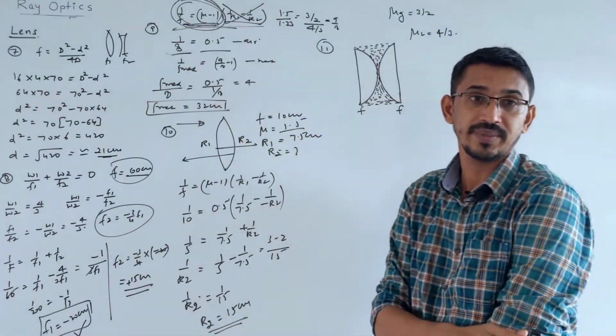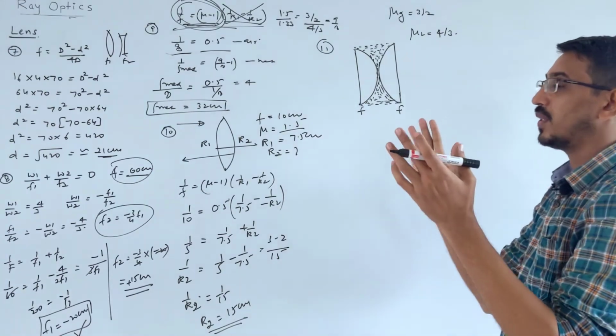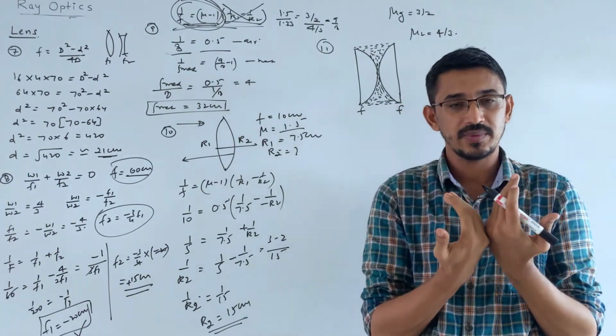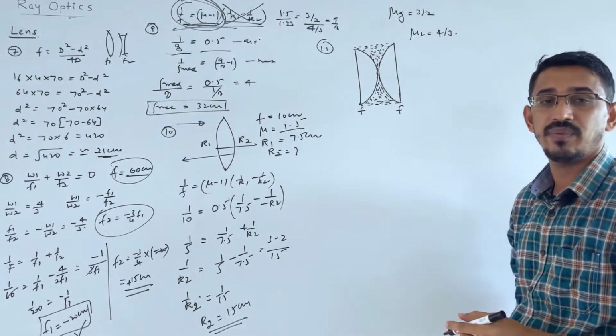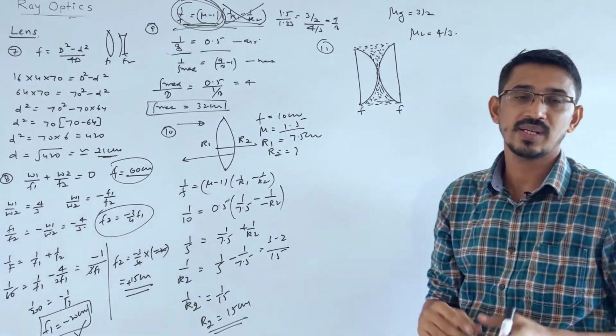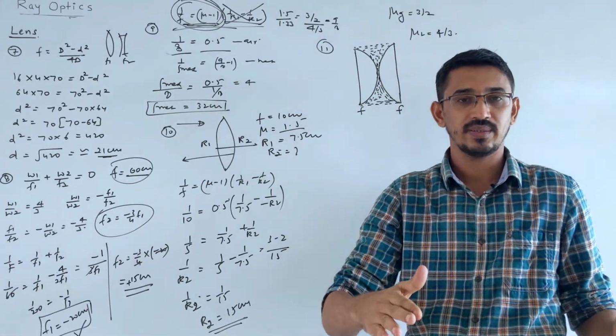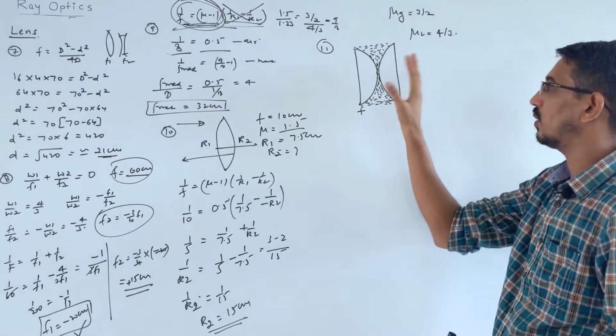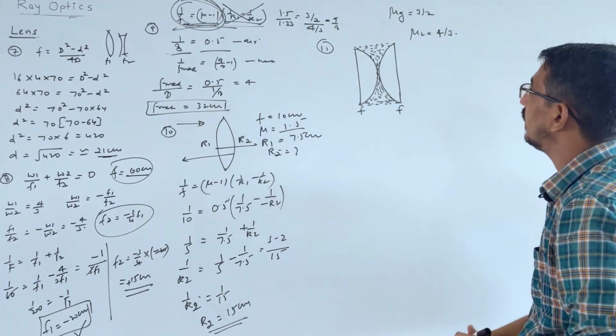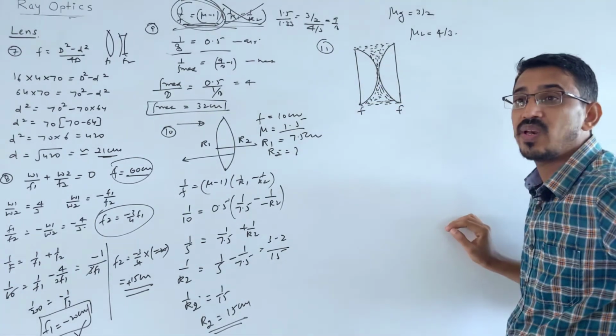Very interesting question. Two lenses, plano-convex lenses, are placed this way, and the space is filled with some liquid, so the liquid also becomes a lens. What lens? Obviously you can say it is biconcave, right? Biconcave lens, or you say equiconvex, because these are also given as equi. Now look here, we have to find the net focal length of this combination.